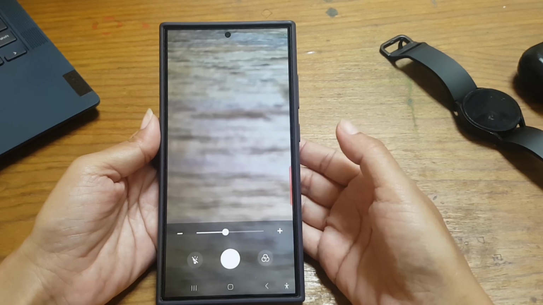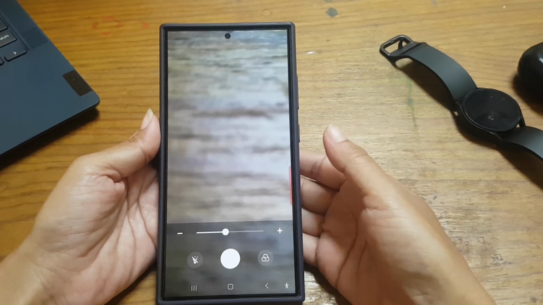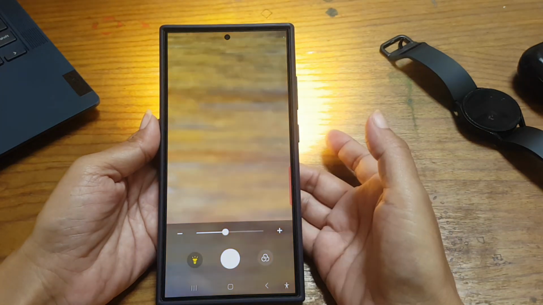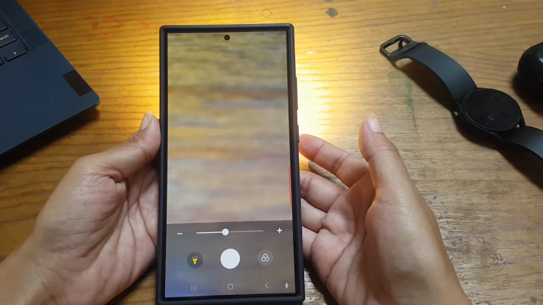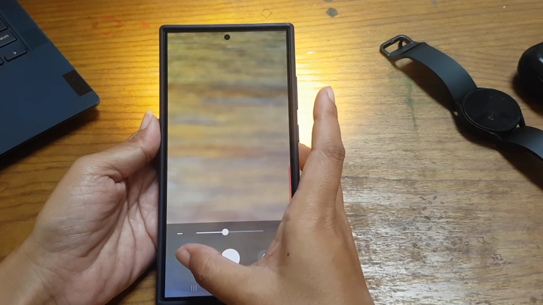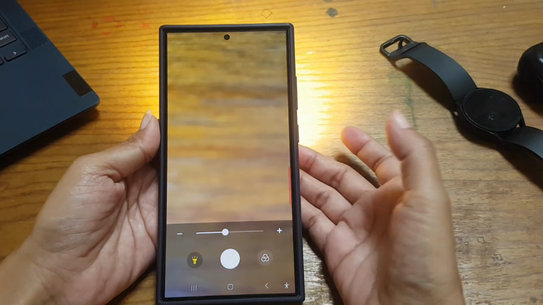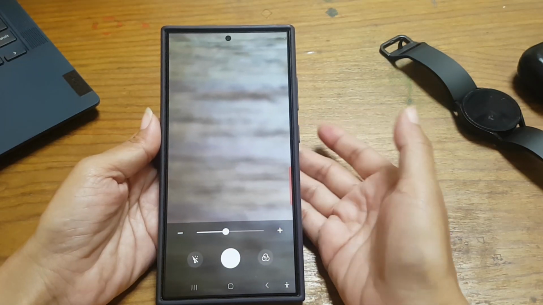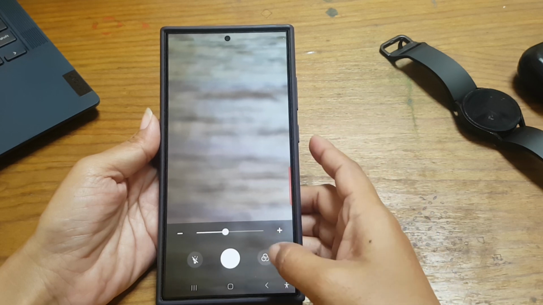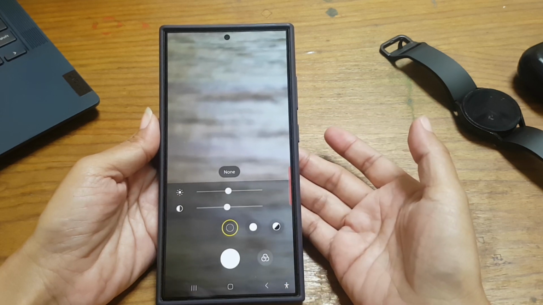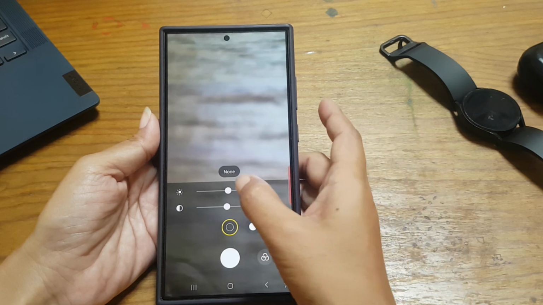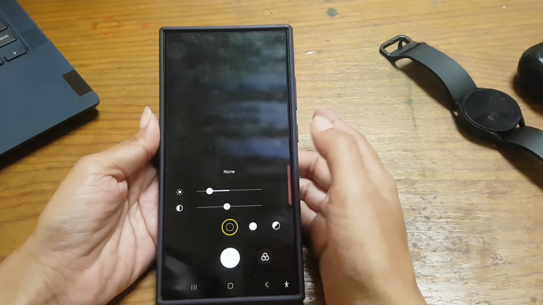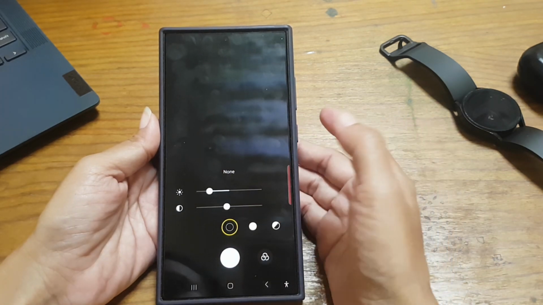If you need an extra light when using magnifier in the dark, you can tap torch icon to turn on your camera flash. To change the screen brightness, contrast and screen filter, tap filter icon. Slide the brightness adjustment bar to the right or to the left to manually adjust the screen brightness level.